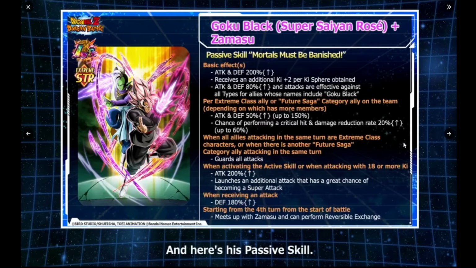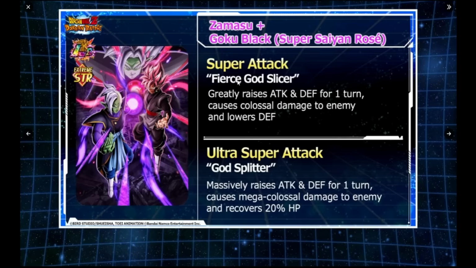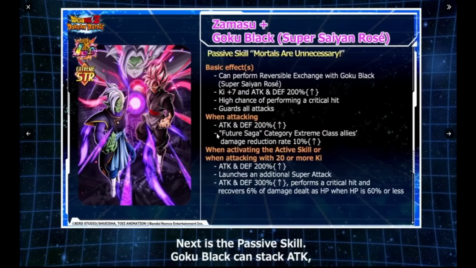And then from turn 4 you meet up with Zamasu for the reversible exchange. Zamasu's 12 key greatly raises attack and defense for 1 turn, colossal damage lowers defense. The 18 key massively raises attack and defense for 1 turn, mega colossal damage, and recovers 20% HP, so that's very interesting. Massively raises 100%, so attack and defense, pretty good. And then his kit,